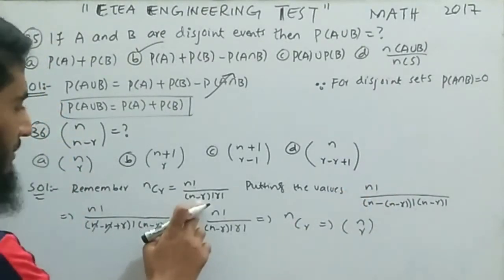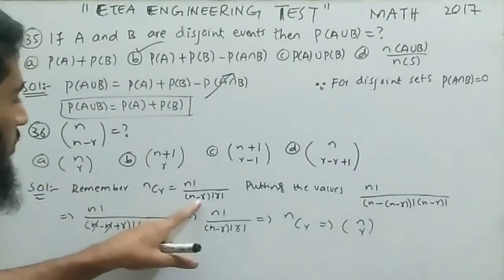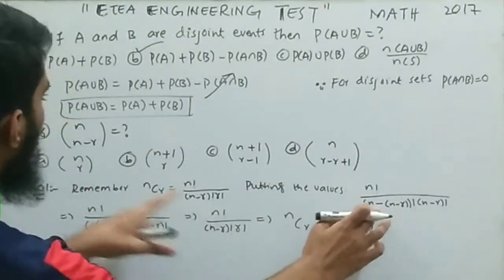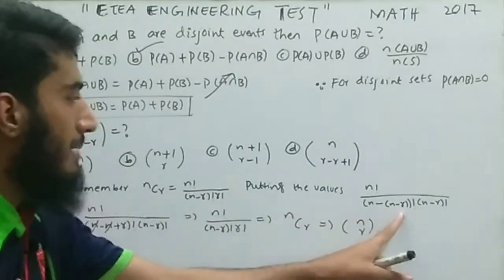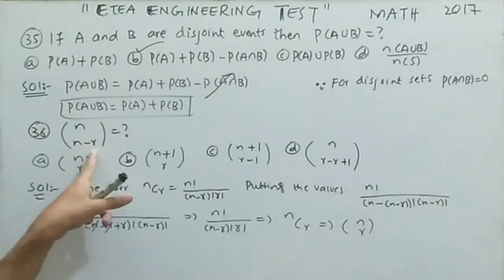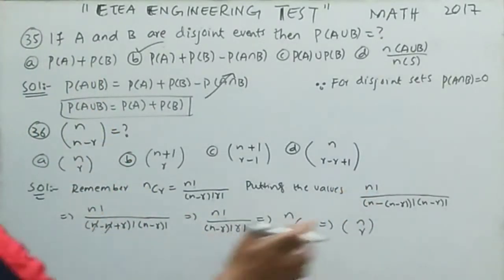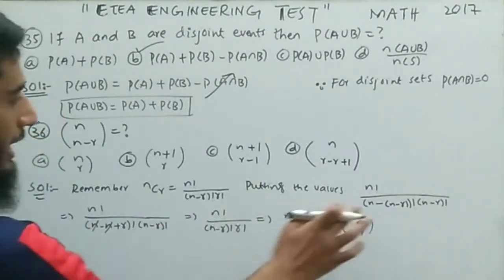Now the formula has n minus r in the division, so our n is n, it will come down as it is. Now according to the formula, minus will come down as it is, and our r is n minus r, so put n minus r factorial. And over here in the formula we have r factorial, so our r is n minus r, so it becomes n minus r factorial.